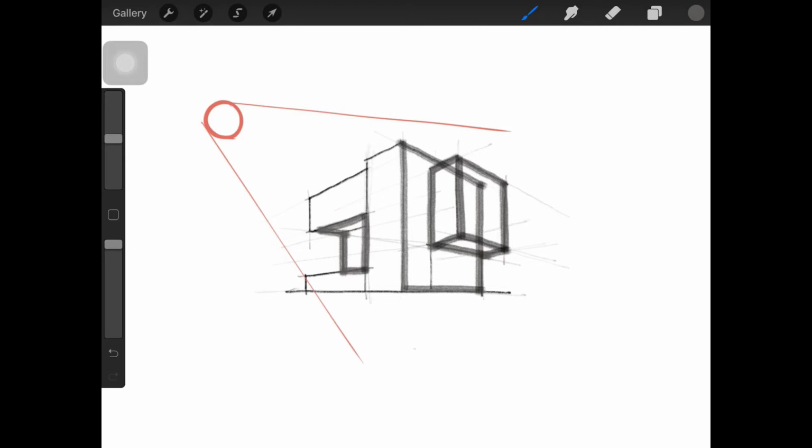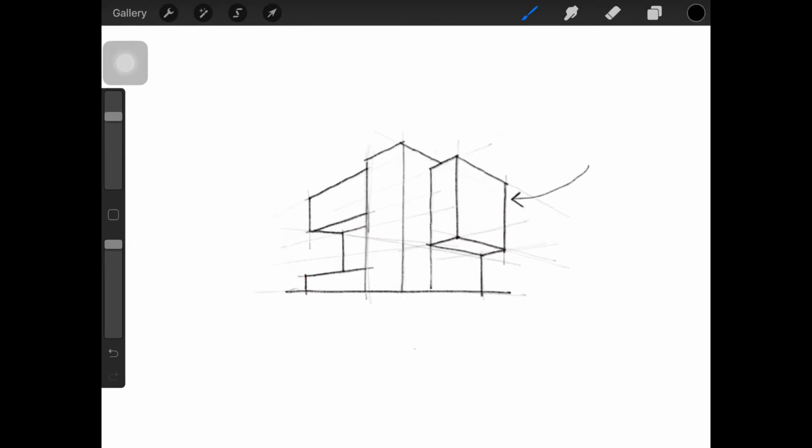So we are going to start shading the selected planes here. So I can choose two different directions to hatch. One would be along the perspective lines and the other would be vertically downwards. I'm going to start giving different gradients to each plane so that they can be distinguished between themselves. And for the lower plane here, I'm going to be using the hatchings in that direction itself.